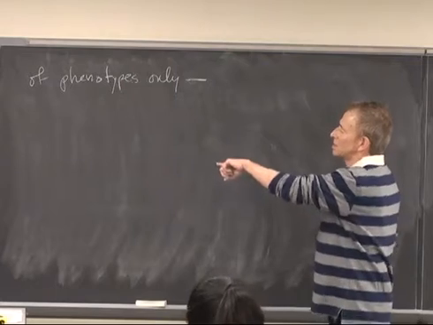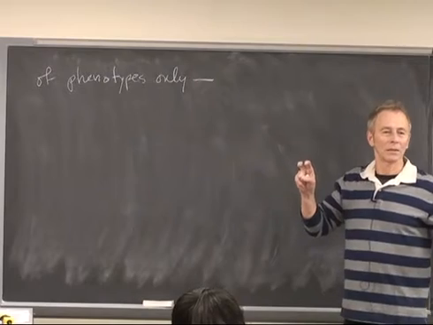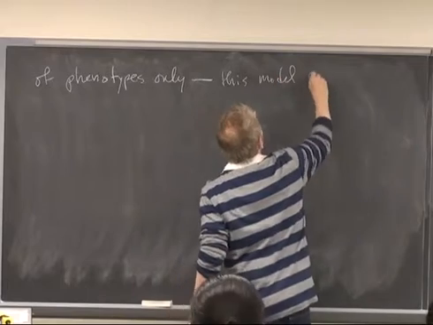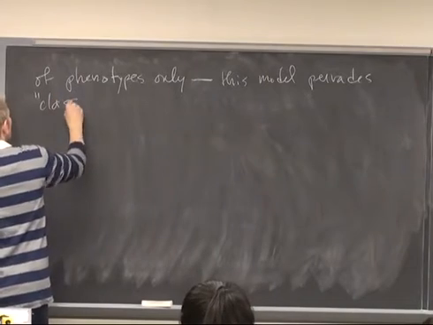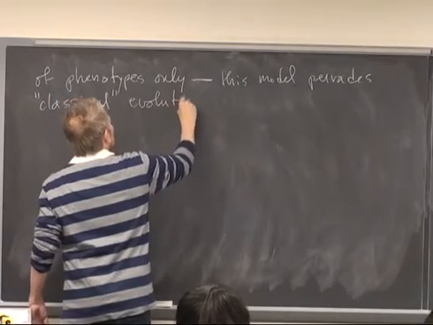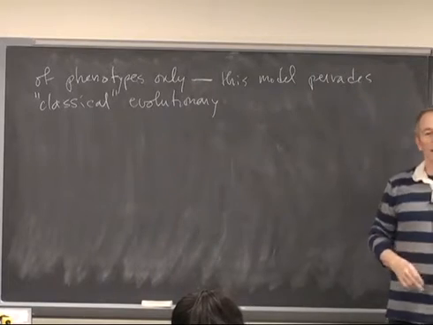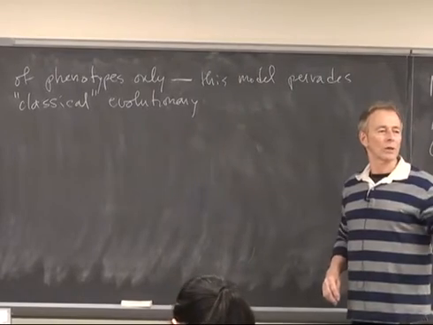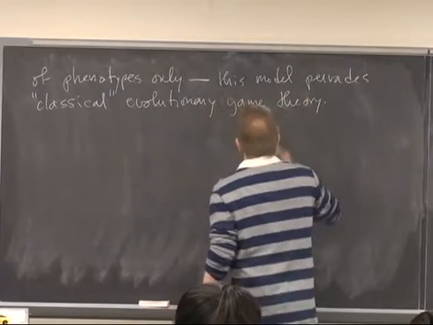It turns out that this is kind of the model that classic evolutionary game theory looks at. So this is the model that pervades what I would call classical evolutionary game theory. And it's always funny when you talk about classical something that's only been around for 30 years or something. There's no sort of genetic model. You have these populations of strategies in a game, and if you've read the chapter in the book, you've seen an example of that where you're talking about the prisoner's dilemma. But anyway, we'll have more to say about that kind of thing later.